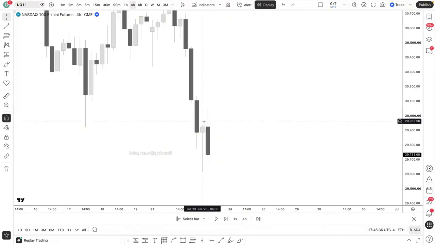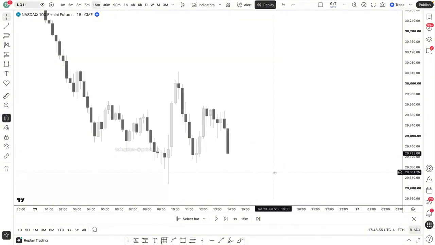So as you can see, this is a reversal into expansion candle out of a fair value gap. So now to drop down to lower time frames and see if we can see a relevant swing within this candle for continuation. So here we are on the 15-minute chart. And if I mark out that 10 a.m. open, here it is, right? It opens high first, small wick, expands away,